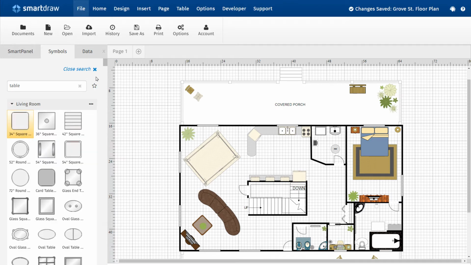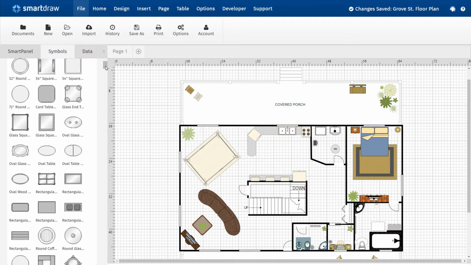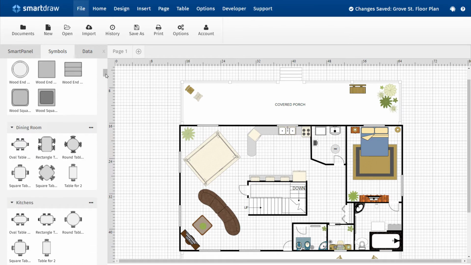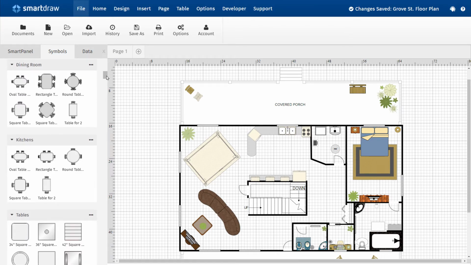The search results will be grouped by the libraries they were found in. Only the symbols that match the keyword will be shown. You can drag and drop any of the found symbols from this panel right into your drawing. You can also add any combination of the found symbols to the main Smart panel to use later in your